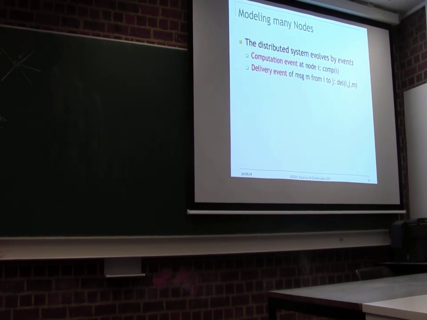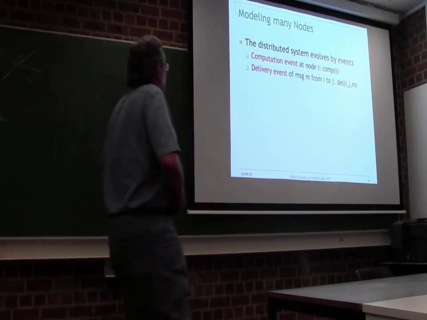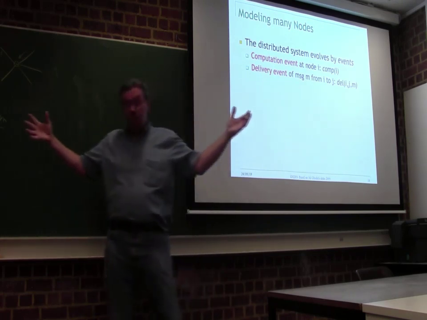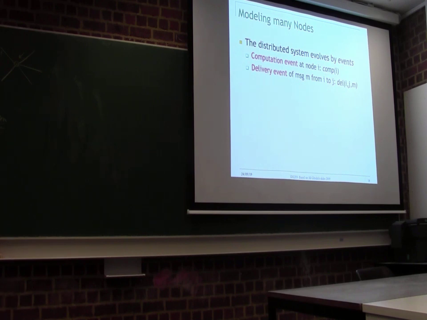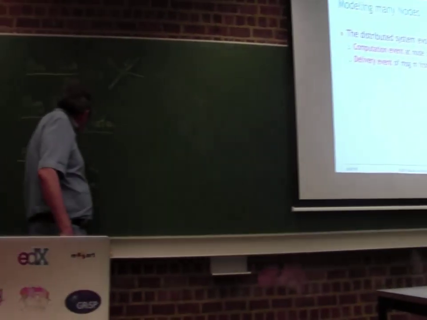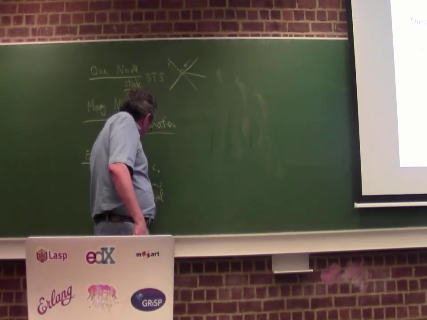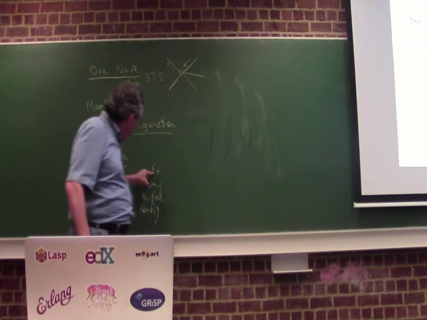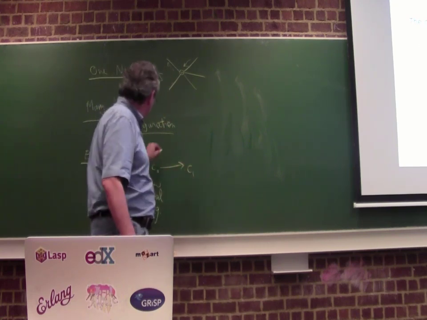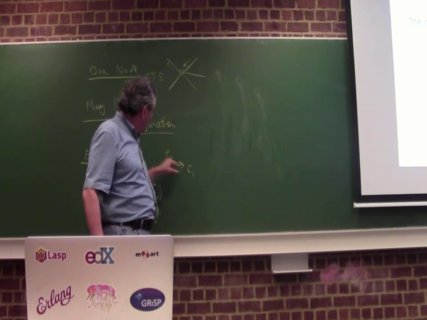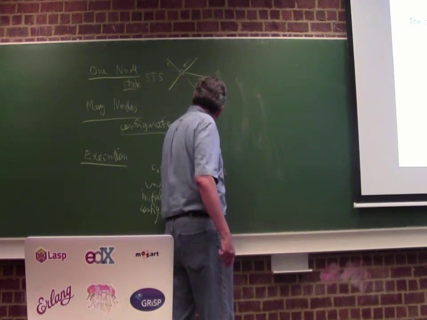Now we have state, we have configuration. Now we have the execution of the whole system. How does that work? Well, we're going to look at the whole system, the whole configuration as one thing. And we're going to look at the execution as a series of steps. Okay, so we start with C0, which is the initial configuration. So the state of all the nodes, and we're going to do one step here, and this is going to be an event, which I call E0 here. It's going to go to another configuration.